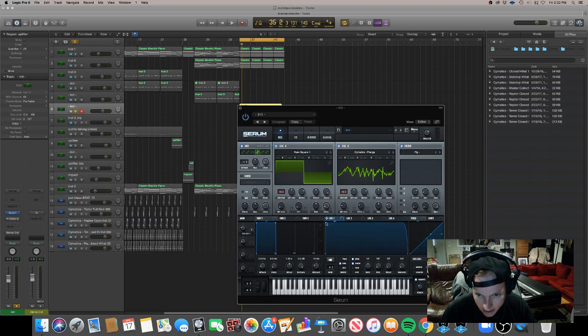I'm gonna then make this uplifter LFO. You can really shape this however you want. We could do a simple curve, this,